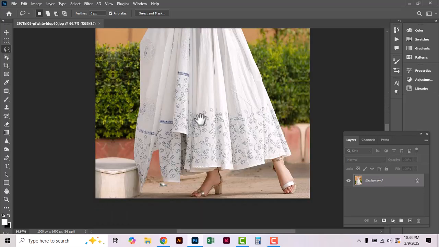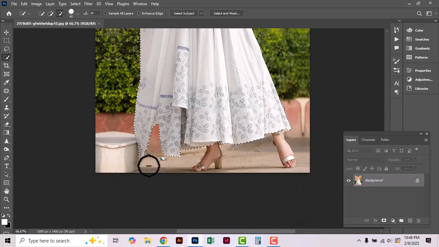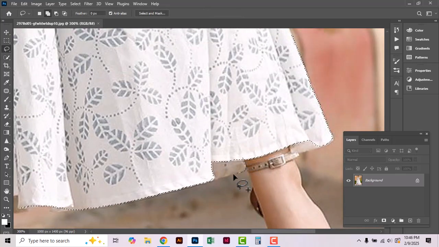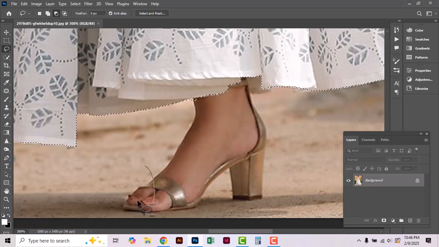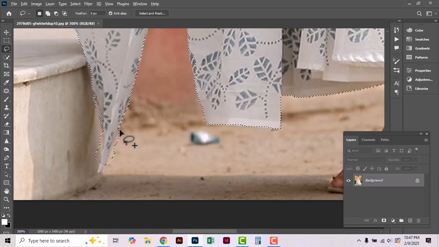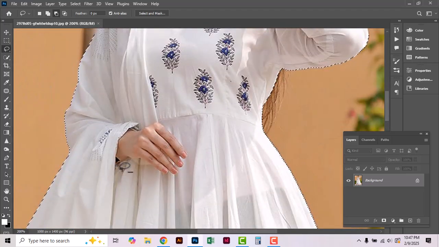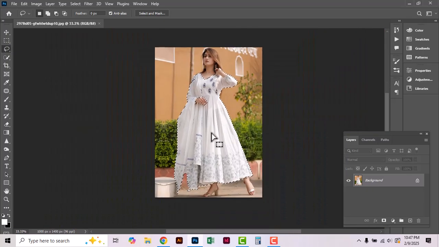Today I will show you how to change a dress design. Firstly, I select the dress area which I want to change, and I try to give it a new design. So firstly I select the dress area, and you must select the area part by part and smoothly, then the design will be more gorgeous. Okay,